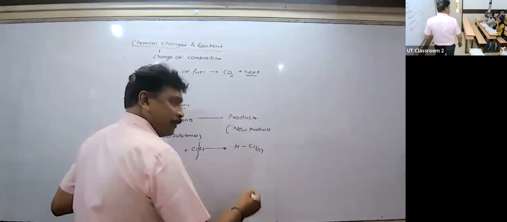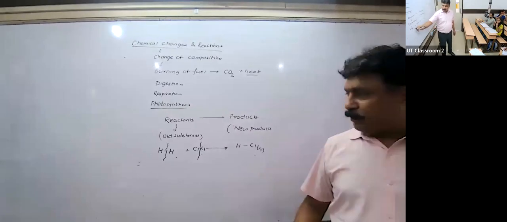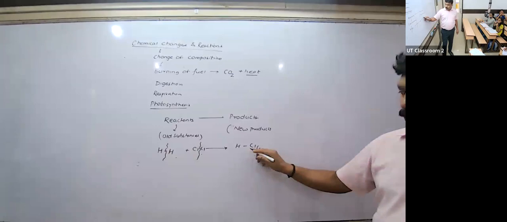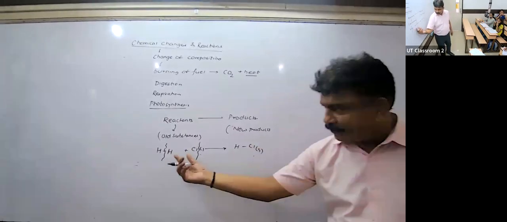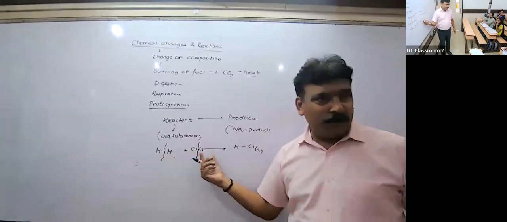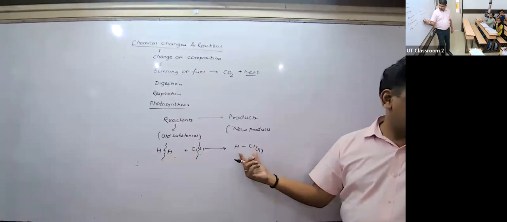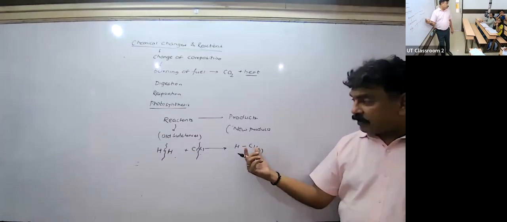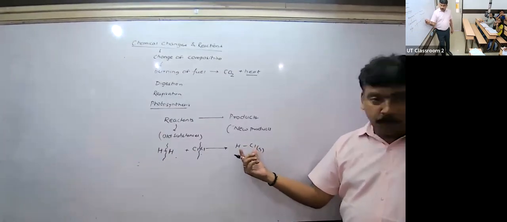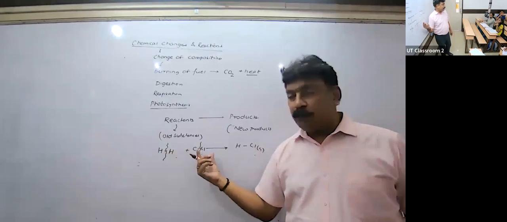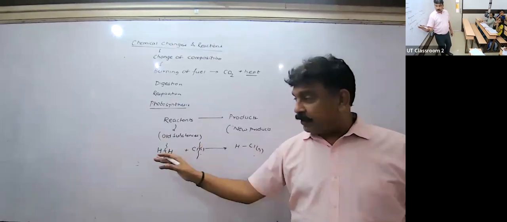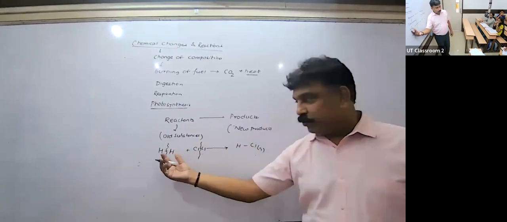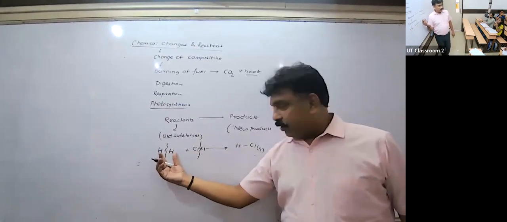That means what is the meaning of a chemical reaction? Meaning of chemical reaction is that old bonds of the reactants are broken down and formation of what? New bonds of products. Pehle H-H bonds, Cl-Cl bonds, now it has become HCl. But this HCl bond indicates what? That there is a new kind of bond formation or a new product being formed, and that is nothing but what? A chemical reaction. You understand? A chemical reaction is nothing but what? It is a reaction, it's a process in which old bonds are broken down and new bonds are made.